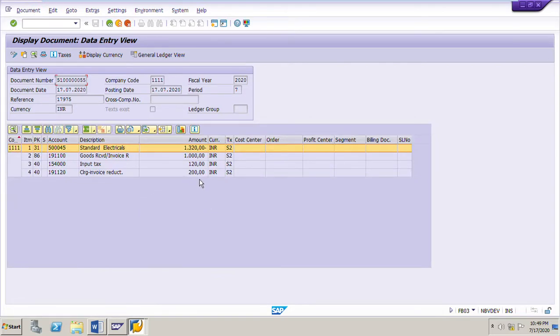Here we have cleared to the vendor 1320, GR/IR clearing account 1000 rupees, input tax 120, and the invoice reduction of 200 rupees. We are reducing the invoice. This is the accounting document for the main invoice document.